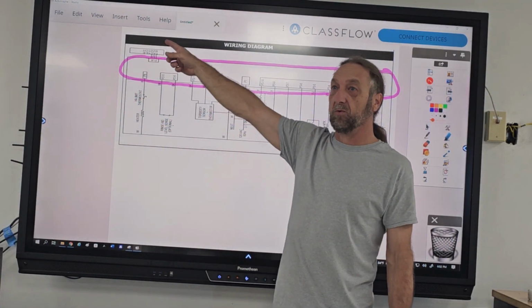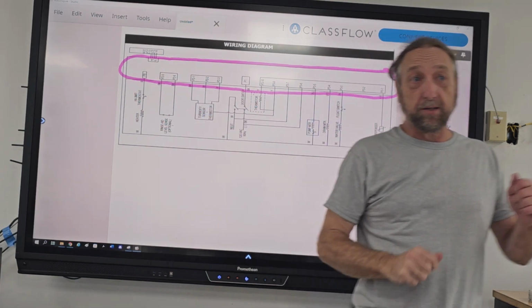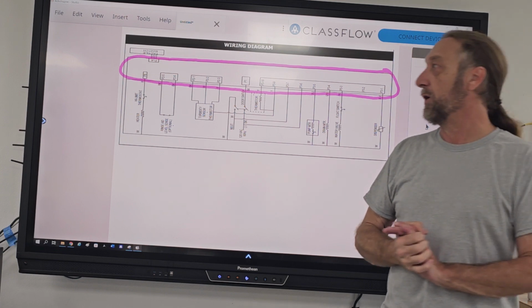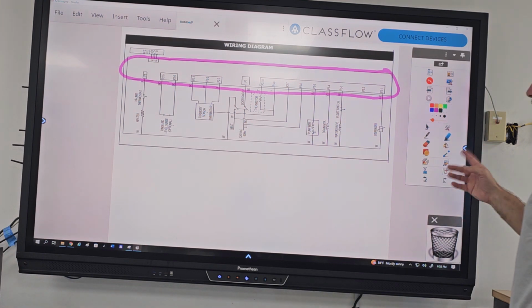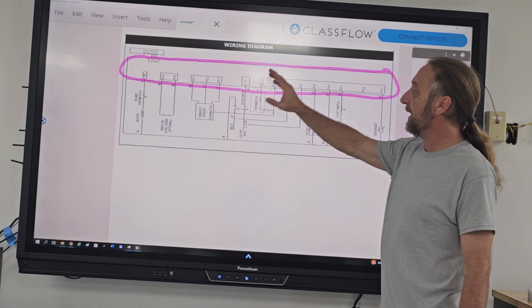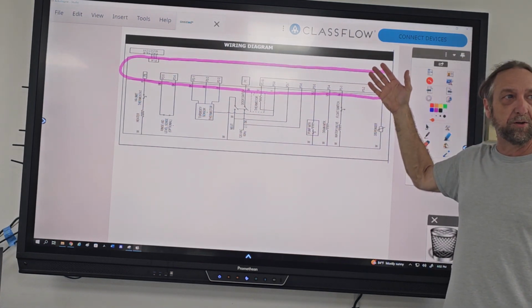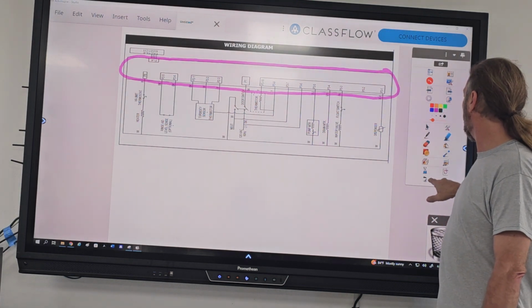They call it a tactile switch, another name for it. That's connected to the main board. And so basically when you're pressing a button, it knows which button is telling which program to run and everything. But troubleshooting from that is a little hard because you see power comes into the control board, but once it goes into the board, what does it do after it's in the board? There's nothing there. It's just a rectangular box. So